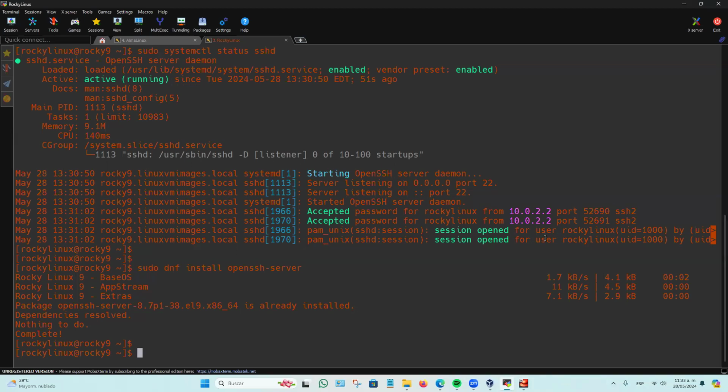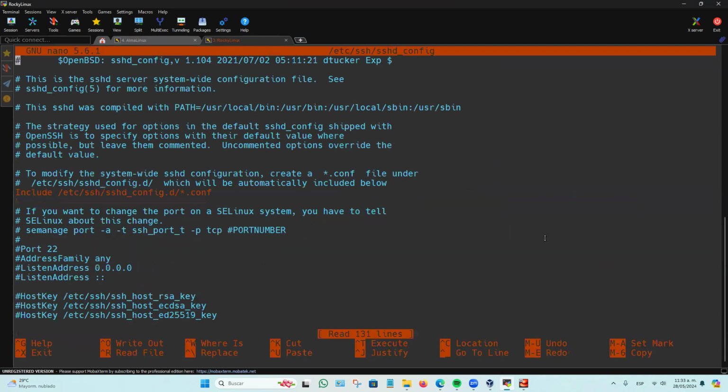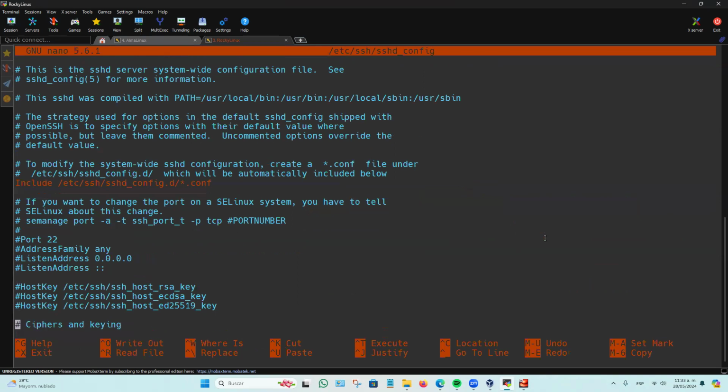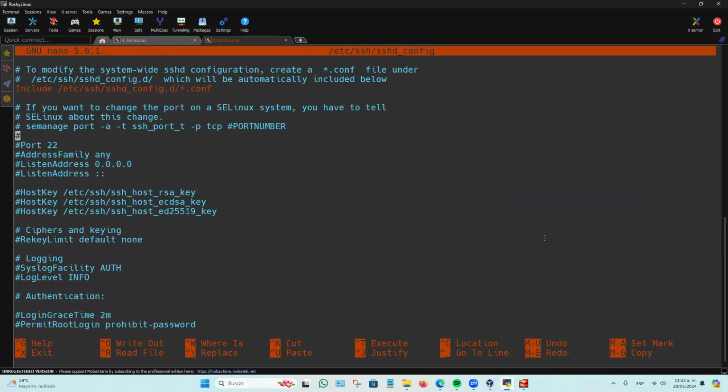There is a last thing that I almost forgot. Sometimes you have to edit a file: sudo nano /etc/ssh/sshd_config. Sometimes you have to make some changes here. For example, right now we don't really need it and we have remote connection, but sometimes you have to enable port 22,